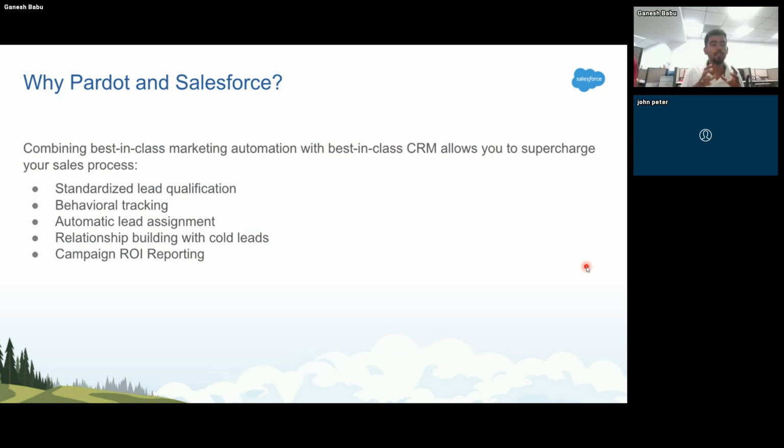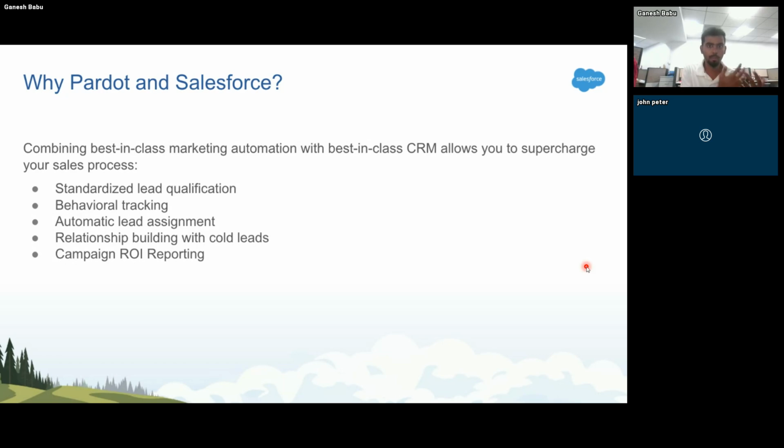When we are using Pardot, we can have standardized lead qualification based on scoring and grading, we can track the website activities of prospects, and we can assign the lead. More importantly, we can convey information.